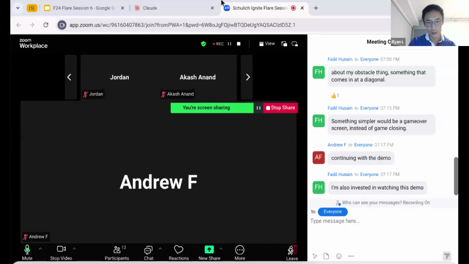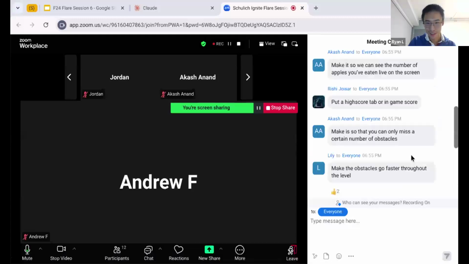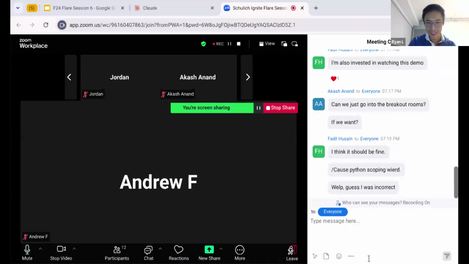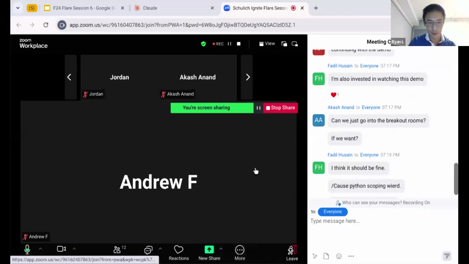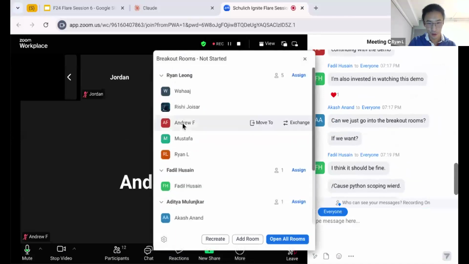Let me check chat. No one else has said anything. Okay. Oh, breakout rooms if you want. How about this? Yes, that's a good idea actually. Let's open breakout rooms if any of the mentors here are interested in, or not that invested in